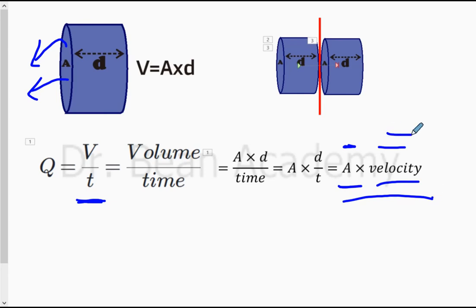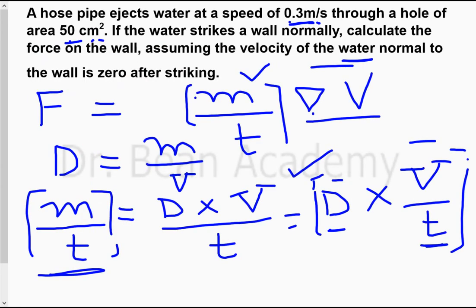just to represent it in SI standard unit. Velocity is already given, so I need to multiply these two quantities which are given in the question, and I will get V over T. And once I get V over T, I will multiply V over T with the density of water, and I will get M over T. Okay, so my problem is solved. Once I get M over T, I will just multiply it with the change in velocity to find the force of the water with which it will strike the wall. So let's go to the